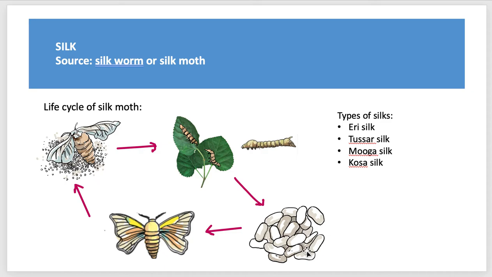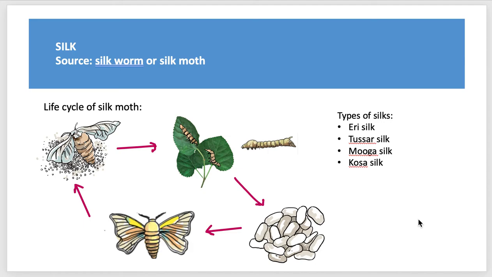The pupa stage is where the silkworm or this caterpillar will start to weave a net to hold itself. This is very similar to a butterfly. How a caterpillar builds a cocoon around itself, the silkworm does the same thing. It builds a cocoon around itself, and when it is building the cocoon, it secretes a particular fiber. It secretes a particular fiber made of protein.